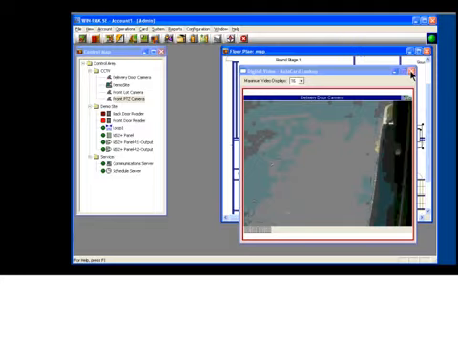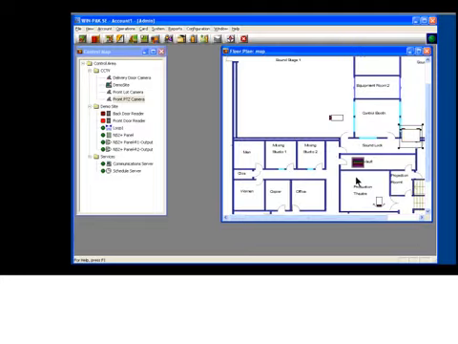Now, one of the things that we talked about with integration was the fact that we had one place that we can get everything from. Again, on your screen, on the left side of your screen, is what we call our control map. The control map is where we control everything in the system. Each of these individual devices. When you use your desktop on your regular computer, you have icons. Well, these icons are part of the Winpak software, and these icons connect directly to the physical hardwired device out